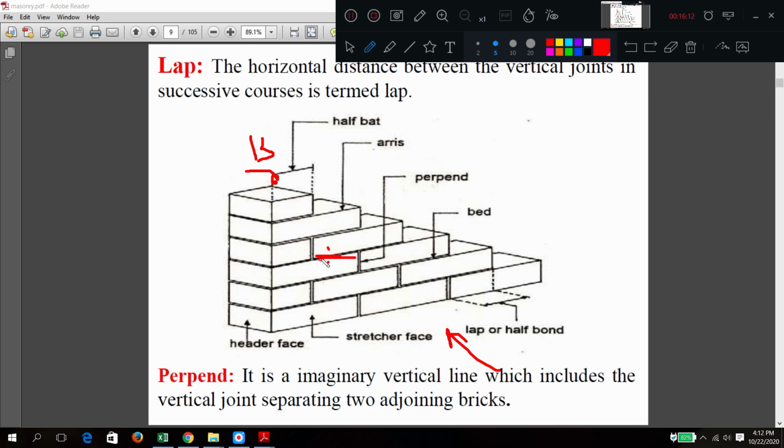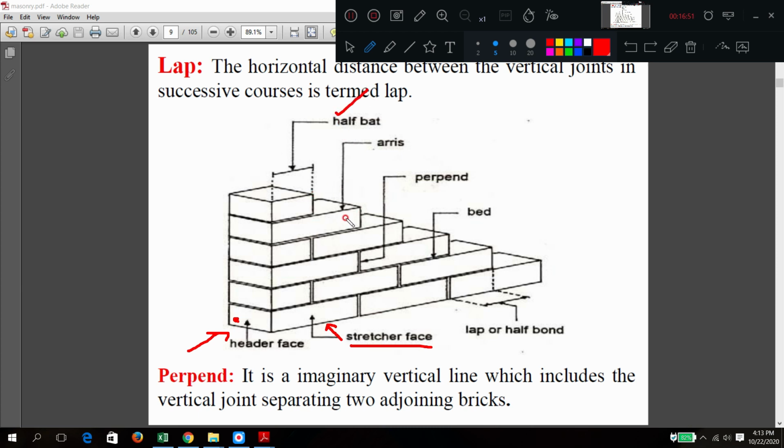This is also joint, intersection of bricks. This is also joint. We have horizontal joints, vertical joints, and sometimes it is called as bed joint. The bed of the brick joint that comes there is called as bed joint. Okay. Now can you see this diagram? Stretcher face means the face appears here. Here it is a header face. For that single layer, if you see from here, it appears as stretcher, but from the thickness side, we can see its header face. Half bed, we will see in the next one.